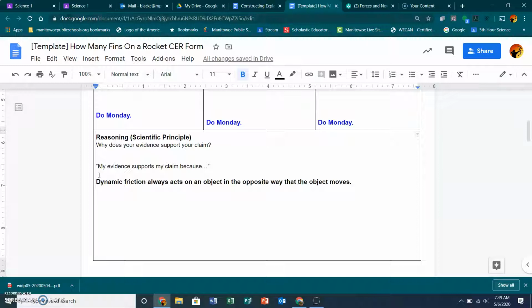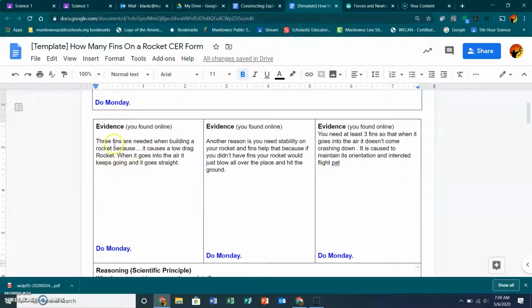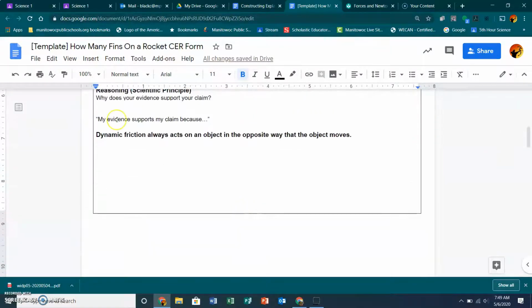My evidence supports my claim because, and I could say, if I go up to the evidence that this kiddo provided, we got 3D building around, low drag, stability, and orientation. All right. My evidence supports my claim because low drag, stability. So see how I'm kind of putting those together? And orientation will provide best flight